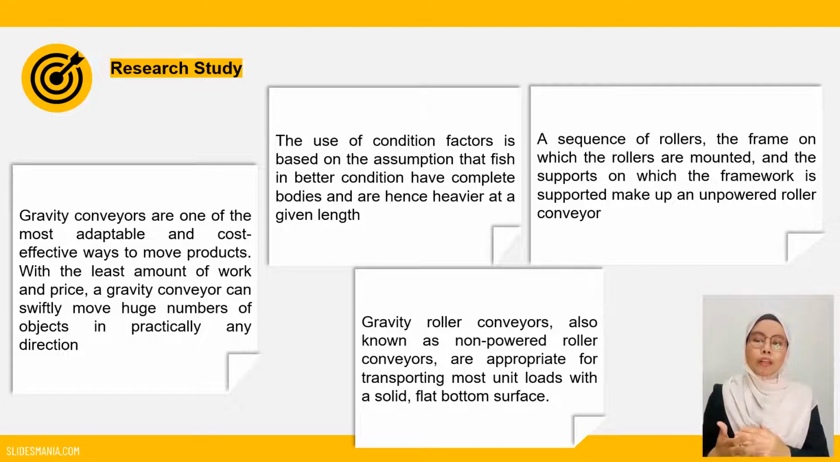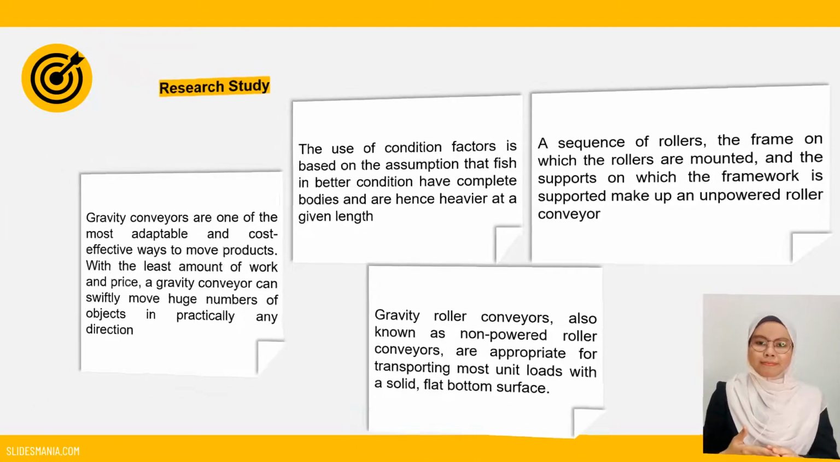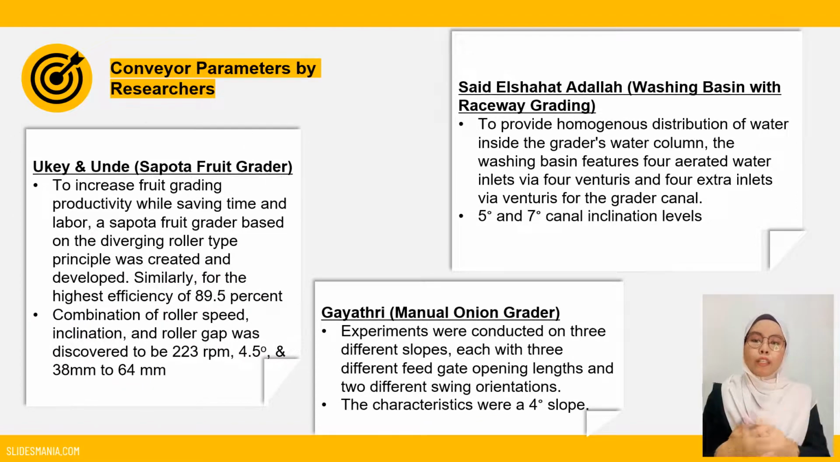Gravity roller conveyor, also known as a non-power roller conveyor, is appropriate for transporting most unit loads with a solid, flat bottom surface. A sequence of rollers, the frame on which the rollers are mounted, and the supports on which the frame is supported make up an unpowered roller conveyor. Based on the conveyor